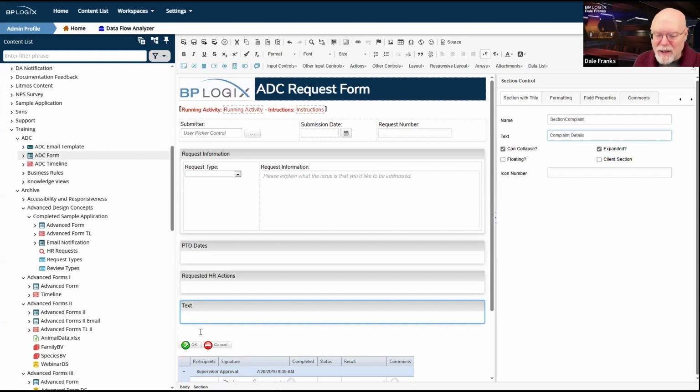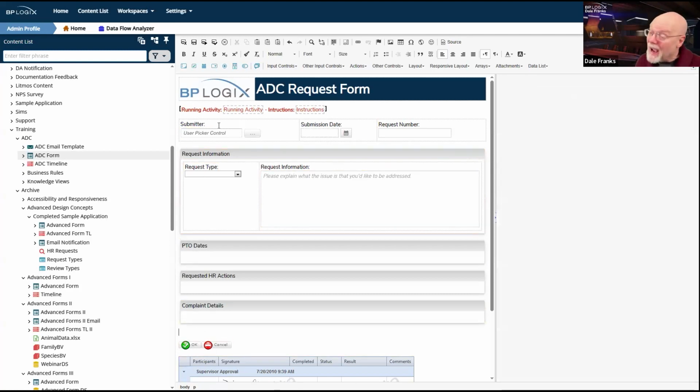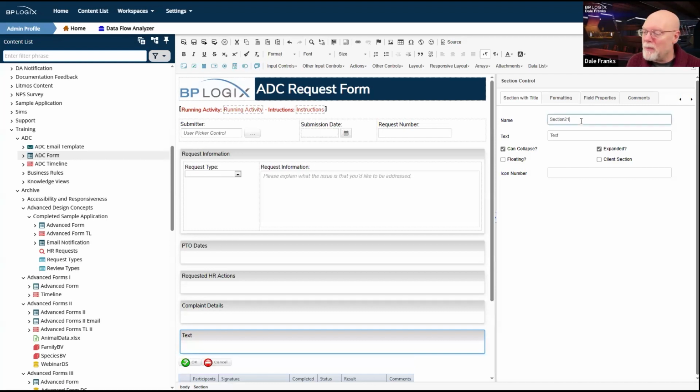And then I'm going to need one final section. Actually, I'm going to need at least 2 more sections, but I'm trying to figure out what all needs to go on this form. So that's my next one. We'll put one called section suggestion, and for its text, suggestion details.